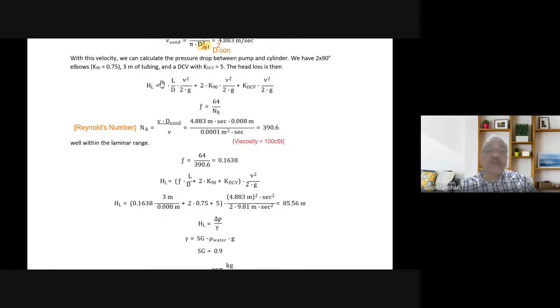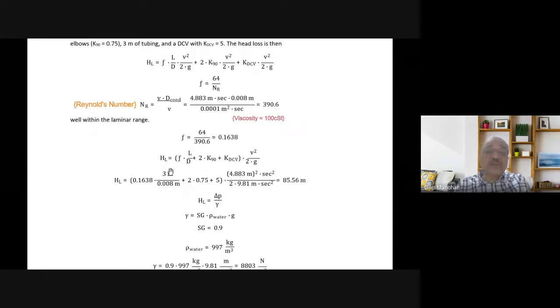Now you substitute this friction factor value here. We calculate pressure loss starting from the pump to the cylinder inlet. That is the cumulative sum of all three, that means pipe plus bends plus across the direction control valve. Put the values here, put the velocity value, and all the values should be in appropriate units so that the pressure loss will be in meters of fluid column. You remember all the units should be consistent so that it gives you pressure loss HL in terms of meters of oil column.